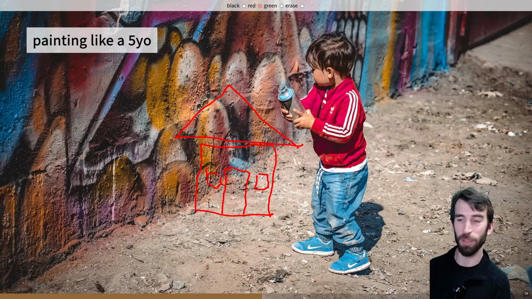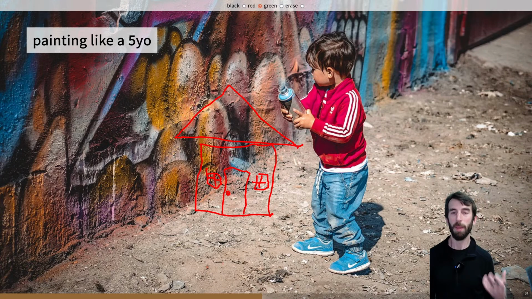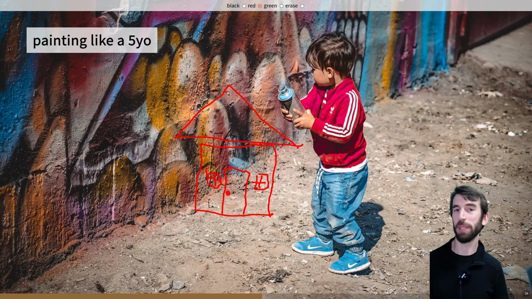Okay, and then the window frames are going to be a line, two lines crossed in the middle of each of those windows, and then for that door handle, we're going to have a little circle, and there's a house. So you can sort of make a list of specific instructions, and if you did that, well, a 5-year-old would probably produce something which is what you've specified.